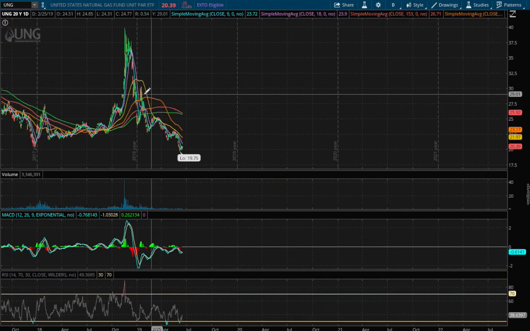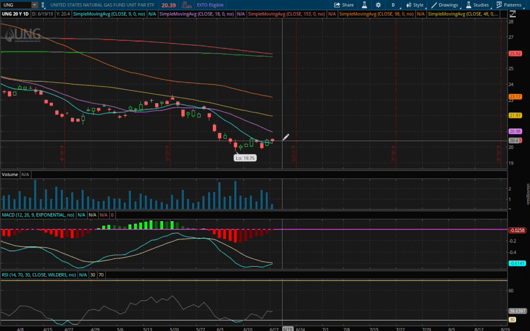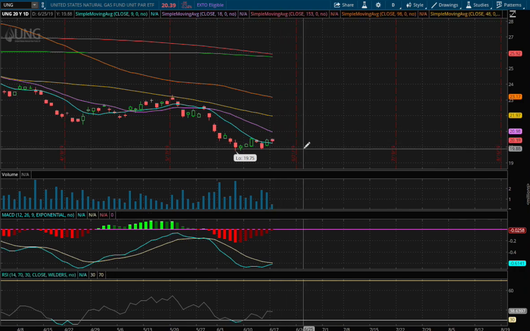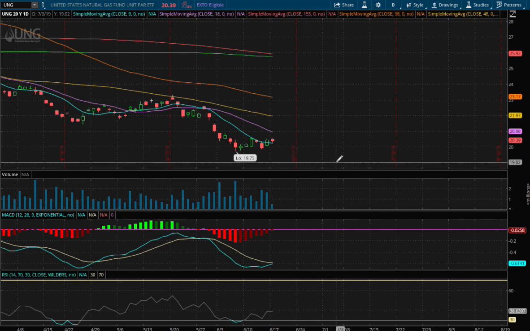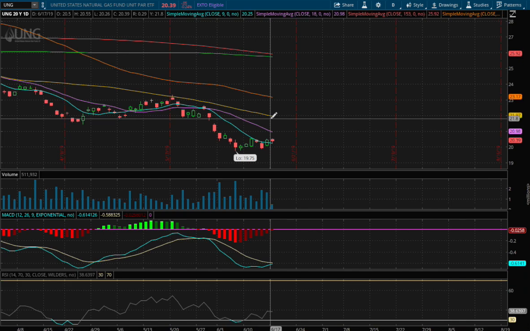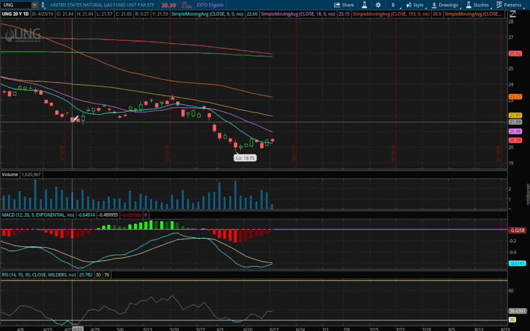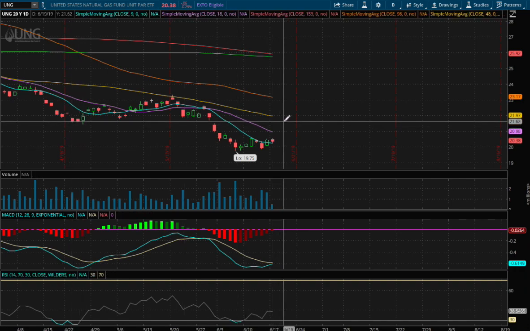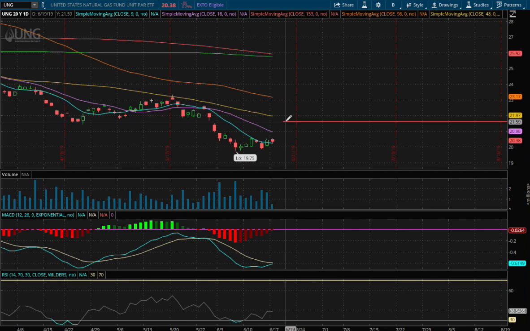On the daily chart, I do see the MACD starting to converge up, so that's a positive sign that we see a good reversal, or at least a short covering happening. So the resistance that I see if we do continue on higher is, I would say, possibly the 50-day moving average. Reason why, by that time it coincides with this support right here, and past support acts as resistance. So I do see the 50-day moving average at that moment in time,